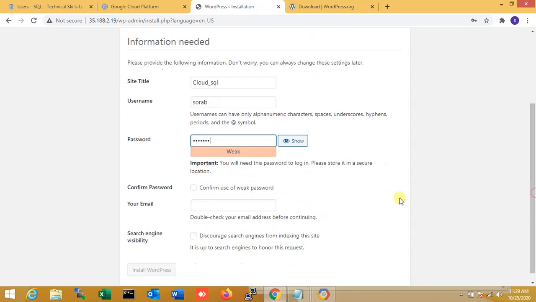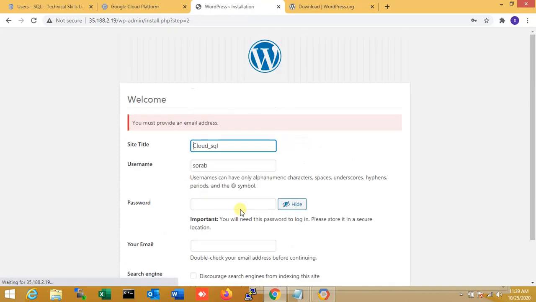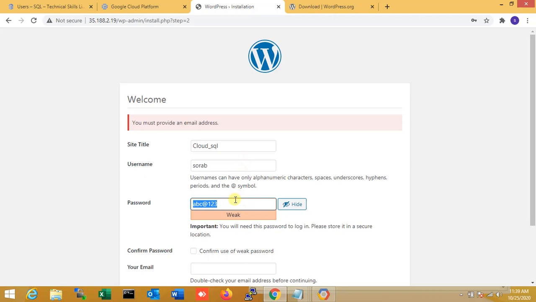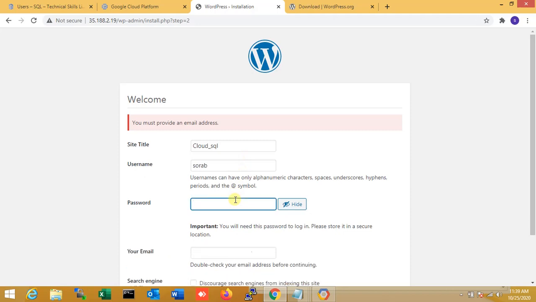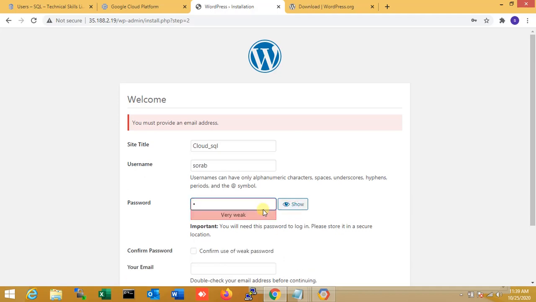No need right now. Okay, confirm user. Okay, now install. So the password is very weak, so that's why I'm just changing the password. Okay, password is that.